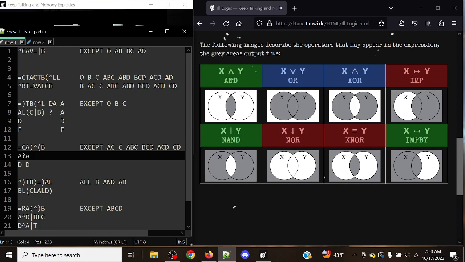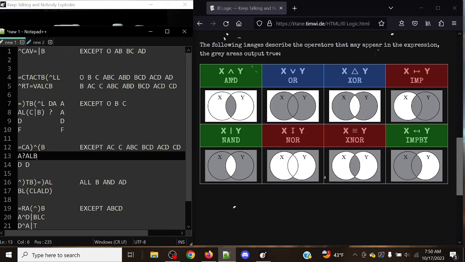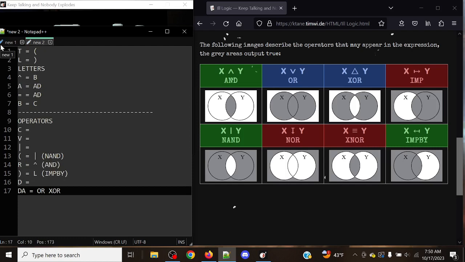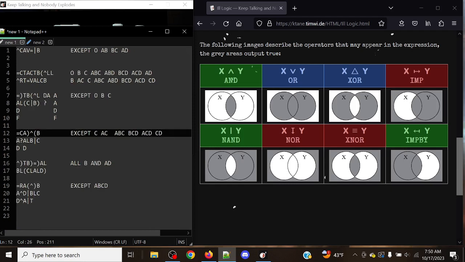Order might be relevant here. Then the close parentheses was a left implication. That was a Bravo for the AND symbol. The close parentheses, open parentheses is a NAND, and then Bravo is the last case that we don't know, which is Charlie. Interesting. Everything except Charlie, Alpha Charlie. Quite a lot of cases where Charlie is involved. So what's probably happening here